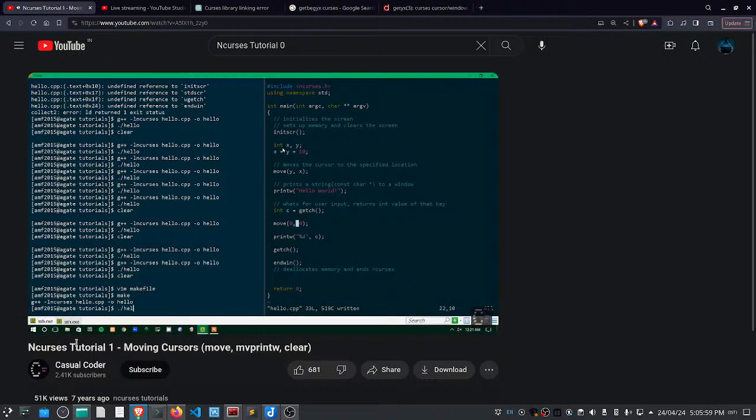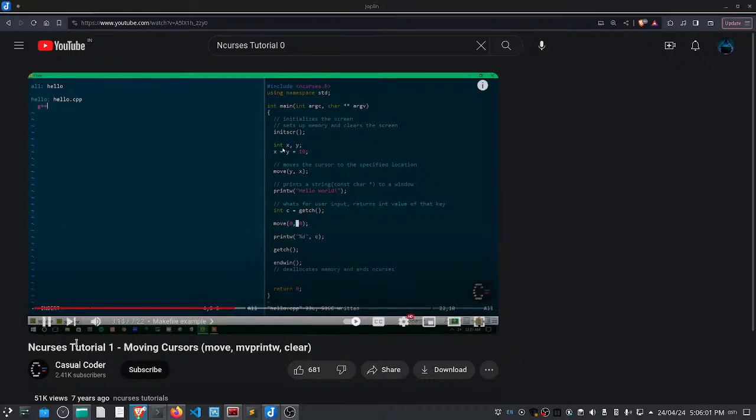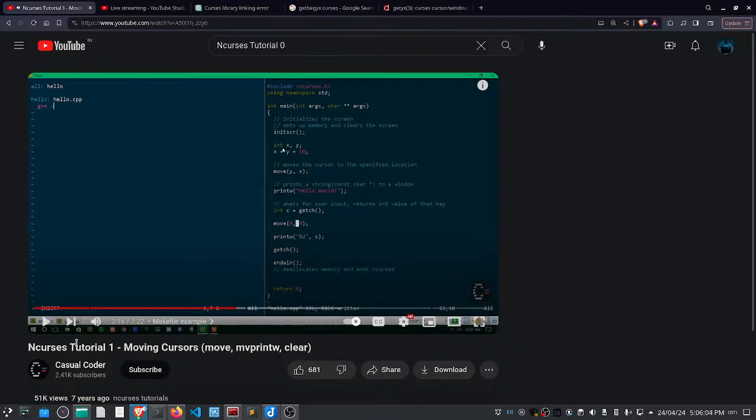It'll make our file for us. And g++ dash